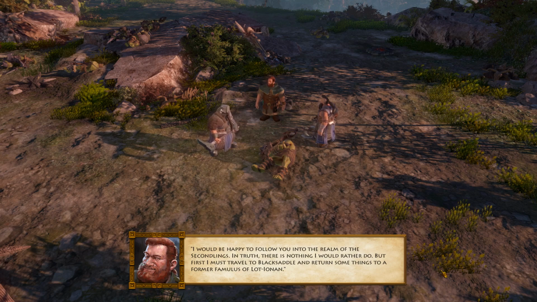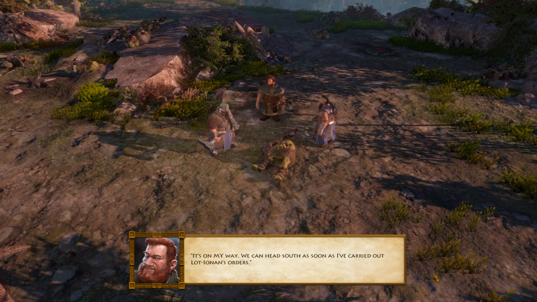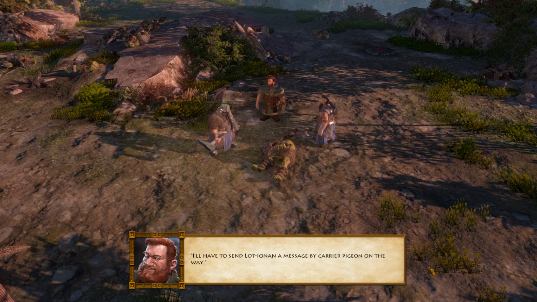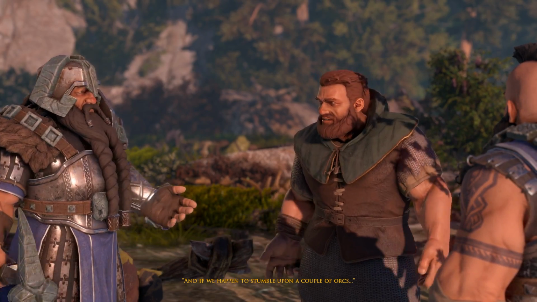I would be happy to follow you into the realm of the Secondlings. In truth, there is nothing I would rather do. But first, I must travel to Blacksaddle and return some things to a former famulus of Lot-Ionan. Blacksaddle isn't exactly on our way. It's on my way. We can head south as soon as I've carried out Lot-Ionan's orders. Well, he's certainly got the stubbornness of a dwarf. Perhaps we'll be able to make a real dwarf of him on the way. All right, we'll accompany you. The sooner we find that famulus, the quicker we can get back to the mountains. I'll have to send Lot-Ionan a message by carrier pigeon on the way. And if we happen to stumble upon a couple of orcs...